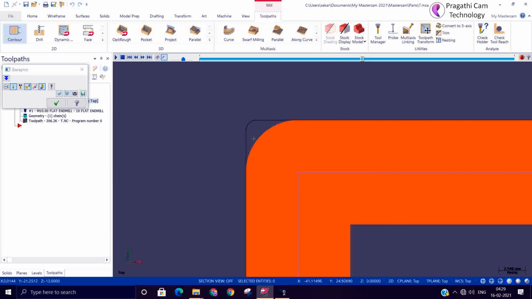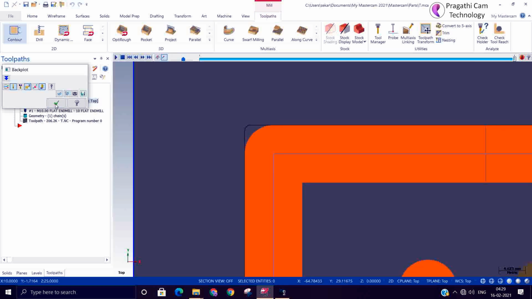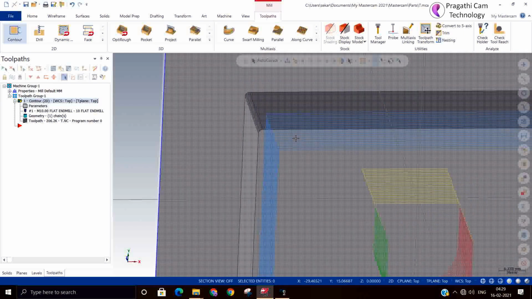Definitely the 10 dia cutter may not be able to finish. So R5 radius will be there in the corner. So now the question is, you cannot cut the entire profile by using a 2 dia cutter.